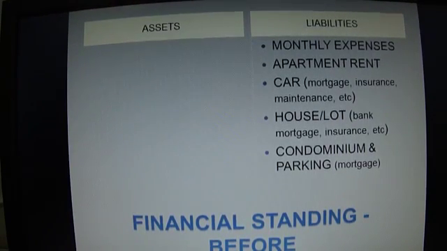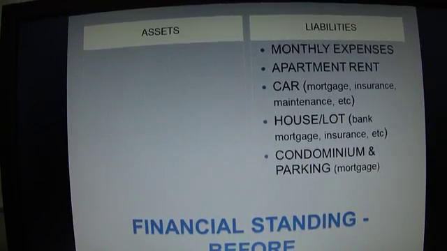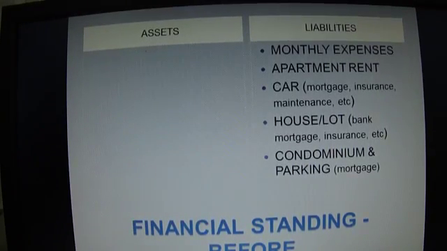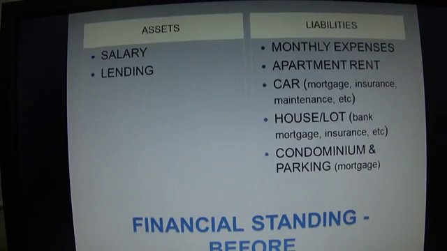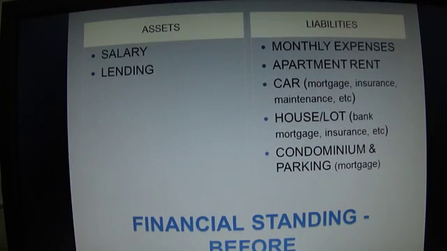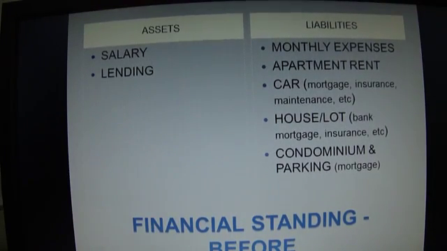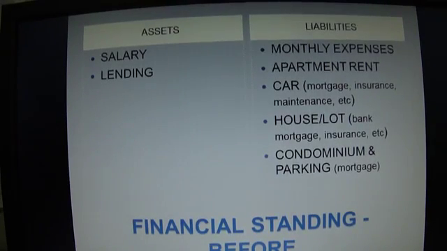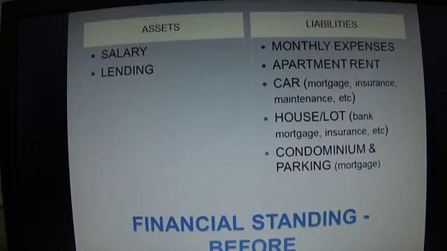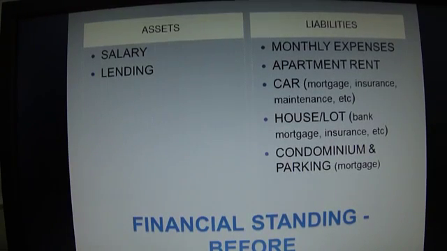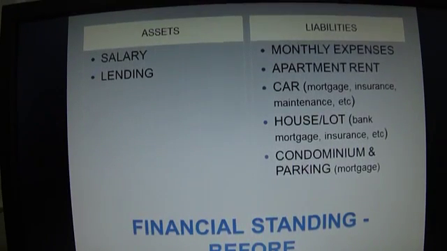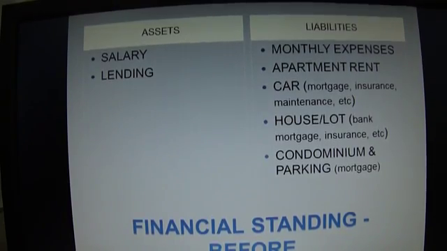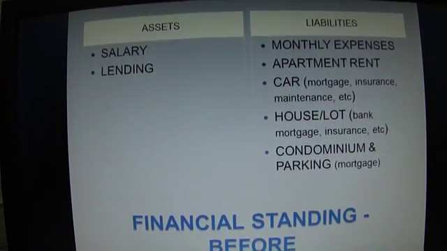On my asset column is of course my salary. In addition is my lending business. If you will notice, I only have two assets wherein cash is flowing in, and cash flowing out is much more, which we call liabilities. On the next slide,